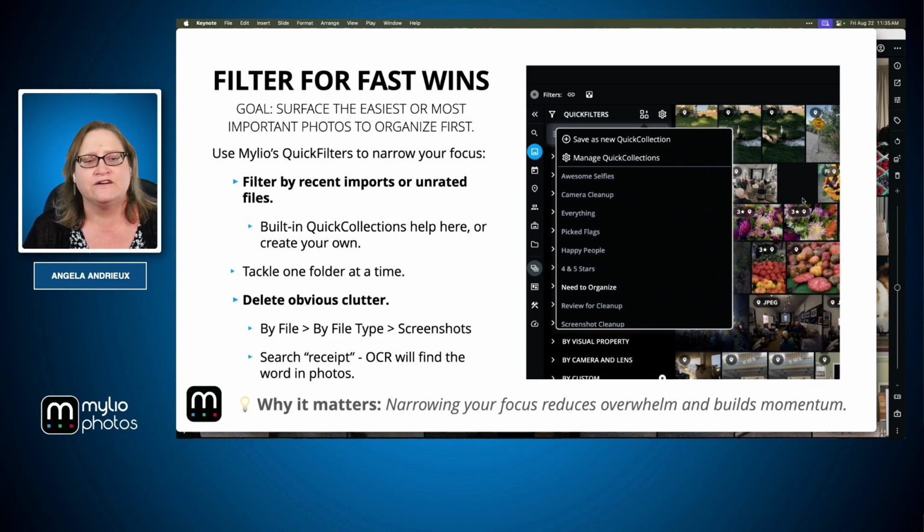You're going to look for things that are unrated. We've got some built-in quick collections that make this really easy. I'm going to show that to you in a minute. I also recommend tackling a single folder at a time. Again, it's about taking that entire library and breaking it down into a manageable group that makes it easier to